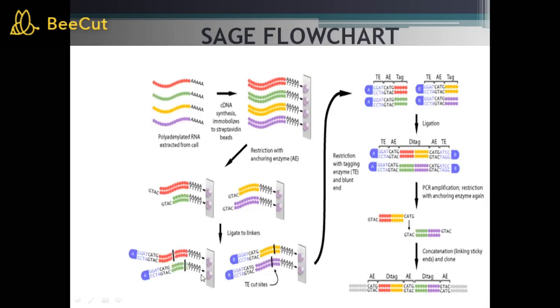Then we ligate these with the two different linkers, linker A and linker B. Next there will be a linker, then the site for the tagging enzyme, then the anchoring enzyme site and tag.